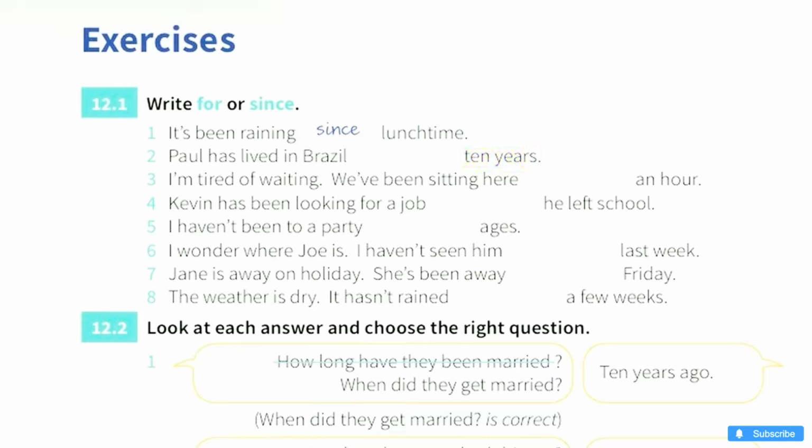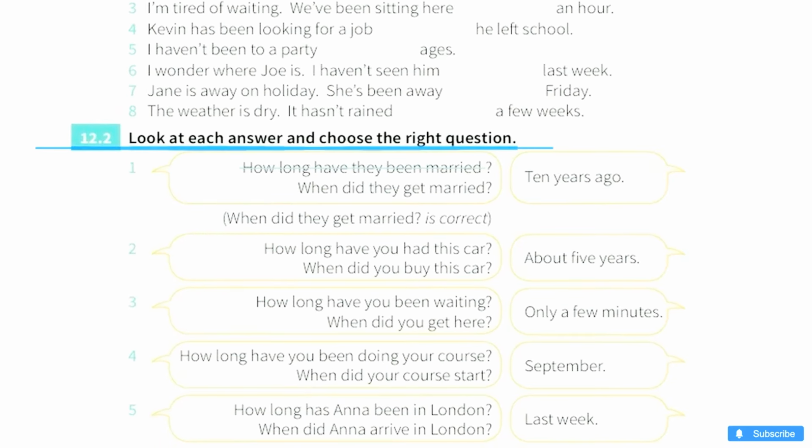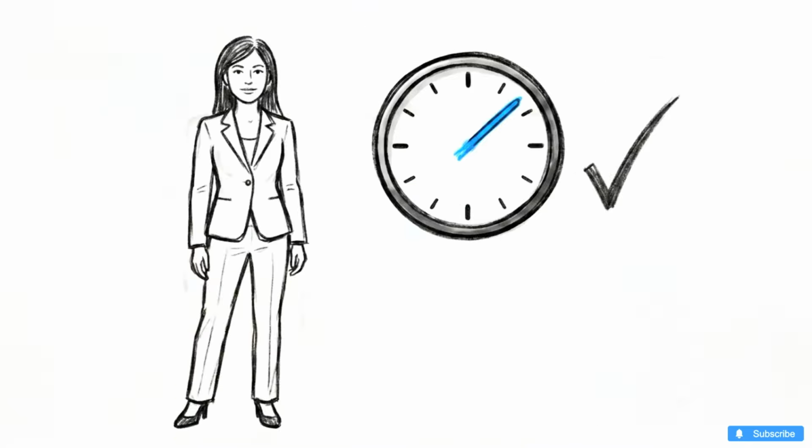In exercise 12.2, we'll do the opposite. Look at the answer provided and choose the question word that would lead to it. The response, about 5 years, describes a duration. This structure reveals that the question must be, how long have you had this car? This matrix summarizes